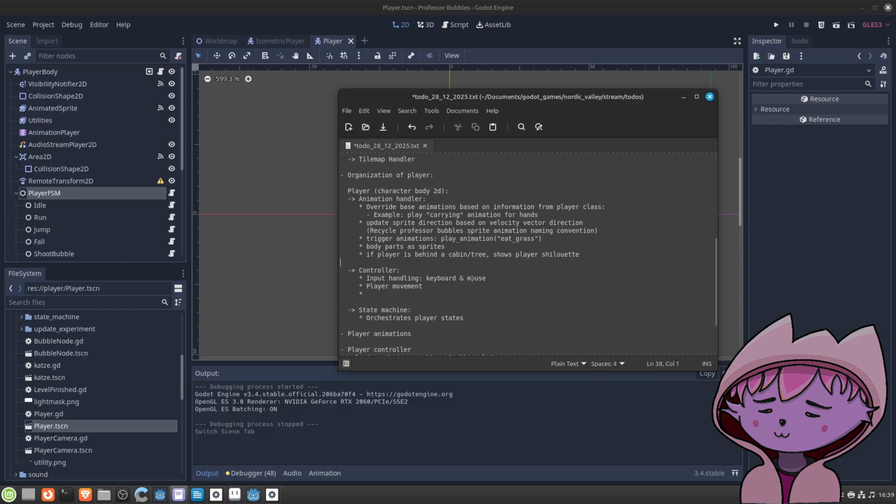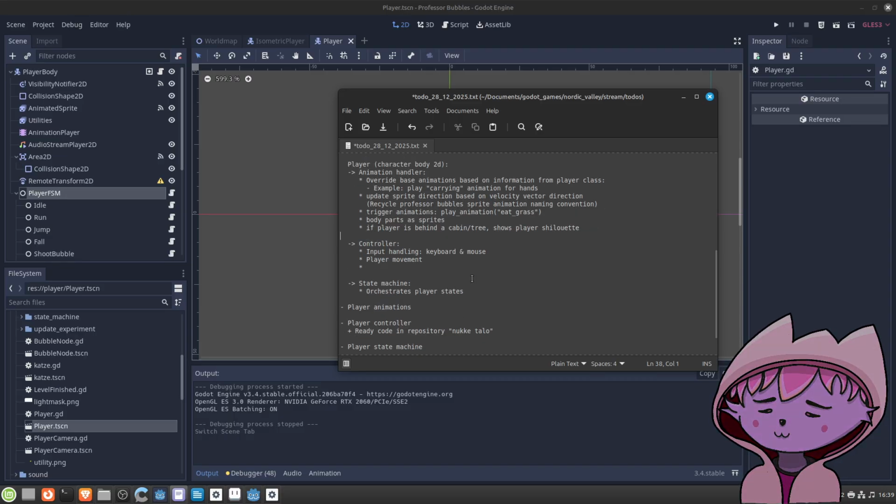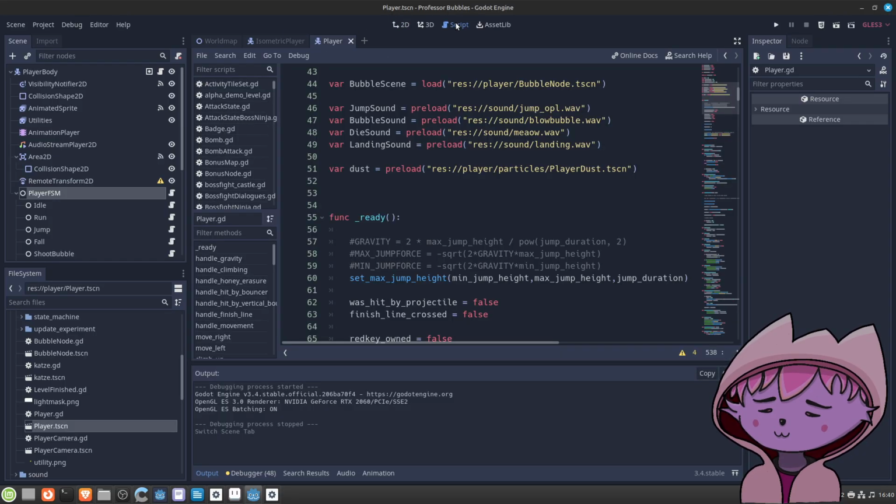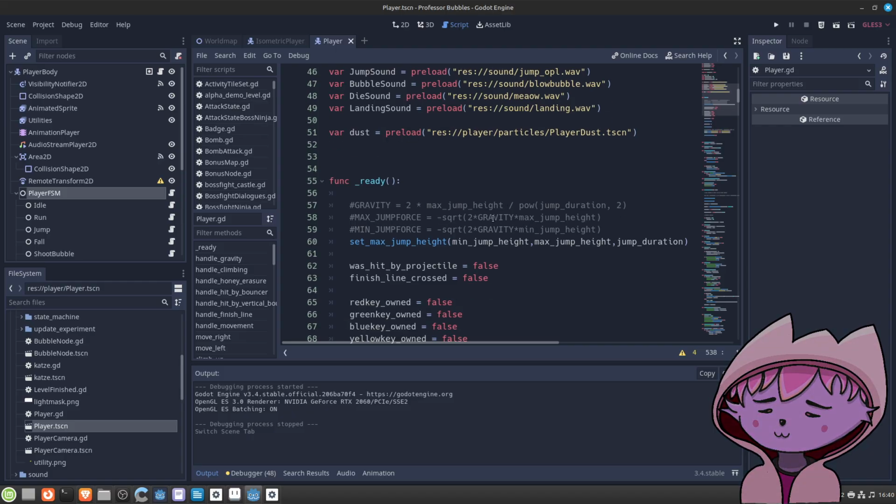But I guess if we have the important systems there, like the controller, animation handler and state machine, then we should be on the safe side. It shouldn't involve too much refactoring if I make some kind of design mistake for the state machine. But okay, when we are talking about state machines, I would like to think a little bit towards them.